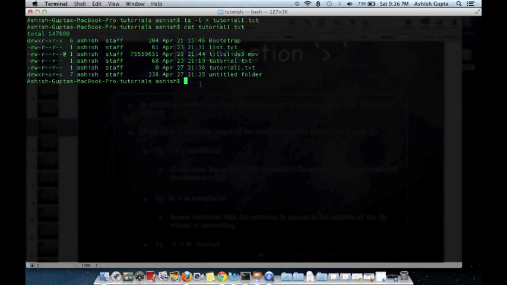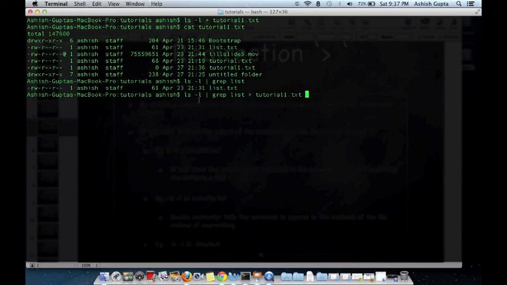Now as I said earlier, if I use one of my commands with an argument, so if I use grep list, this will give me the output of only this line. Okay, so if I want to move the output of this into tutorial1.txt, I'm using a single arrow for redirecting the output displayed on the screen. And if I do again tutorial.txt here,